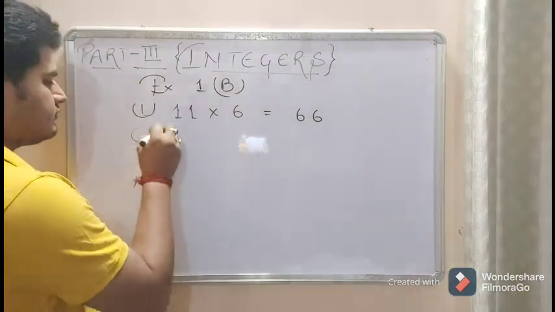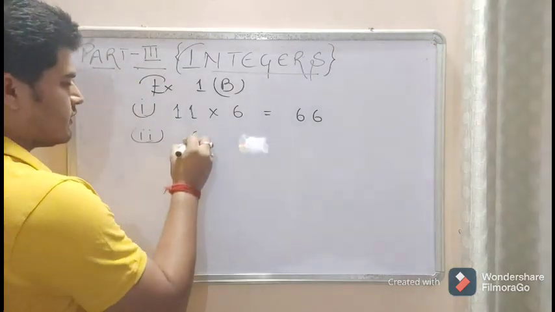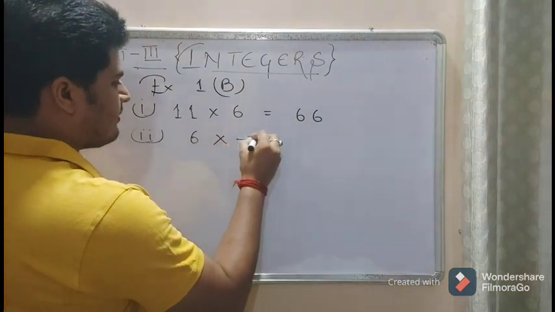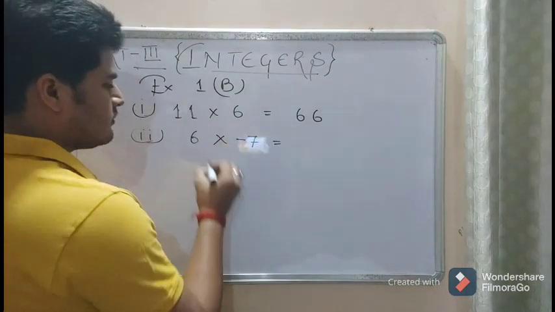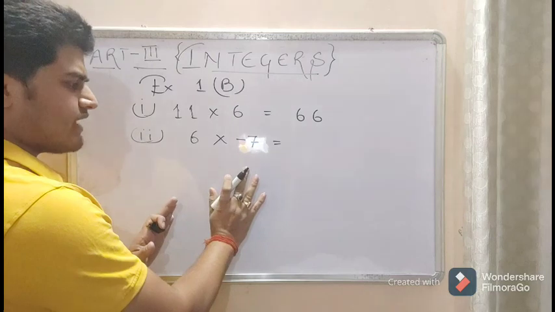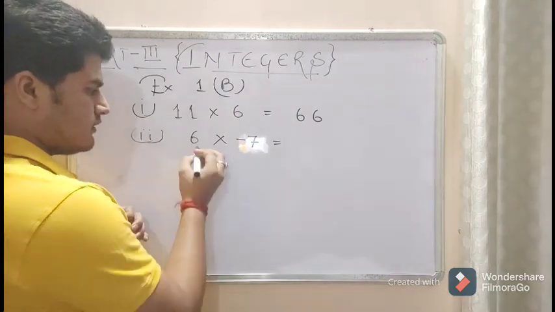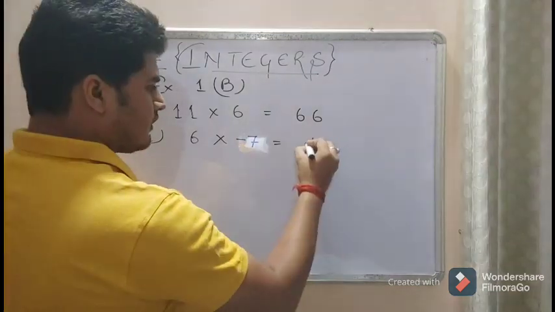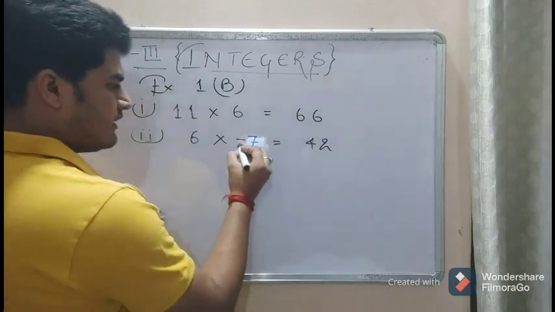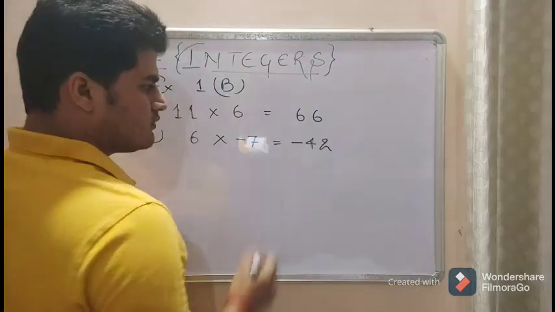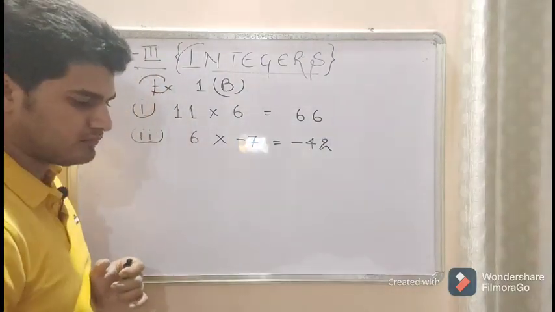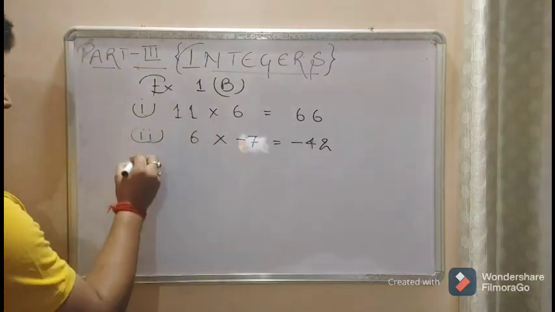The second one, 6 multiplied by minus 7. So 6 sevens are, ignore the sign first, multiply the numbers. 6 sevens are 42, and then there is a minus sign, so minus 42, right? The third one,